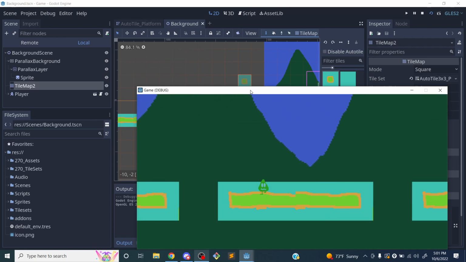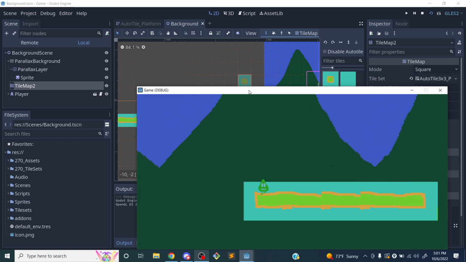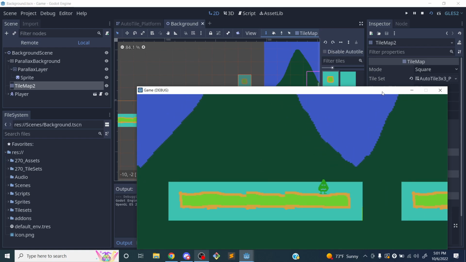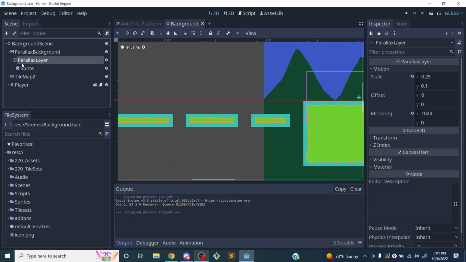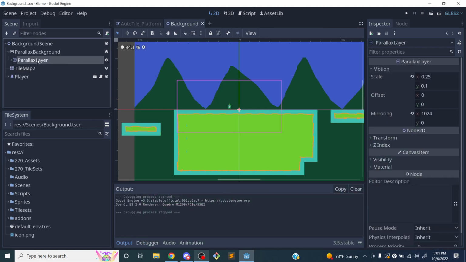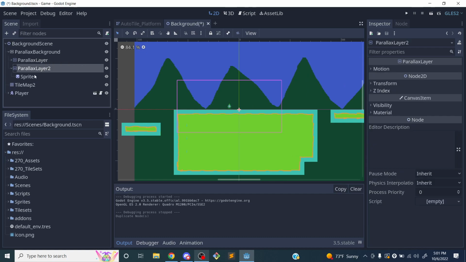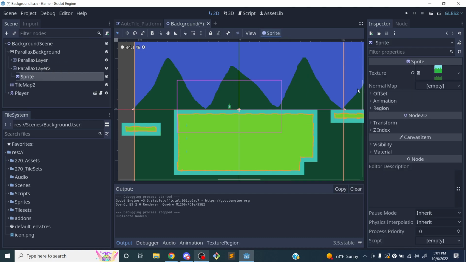Okay, so I want to make sure that it repeats both ways, if my character can move both ways. So that looks pretty good. So let's duplicate this layer and add our next layer. So I'm just going to grab the whole layer and hit Control D to duplicate. And now I'm just going to take this sprite, and I'm not even going to change the texture because it already has this